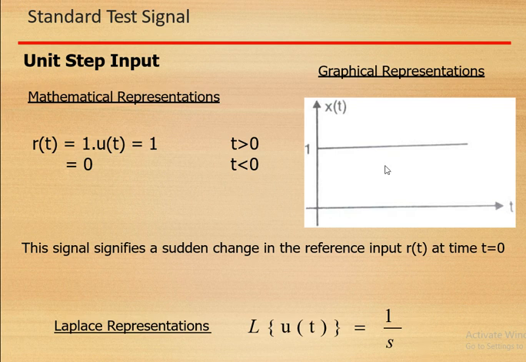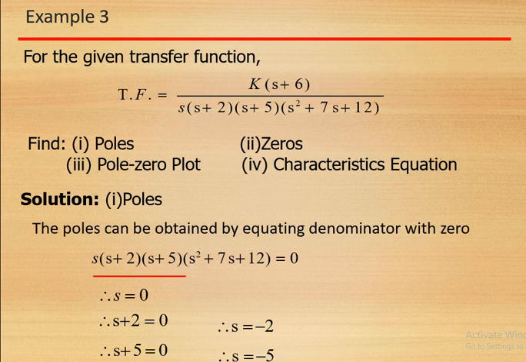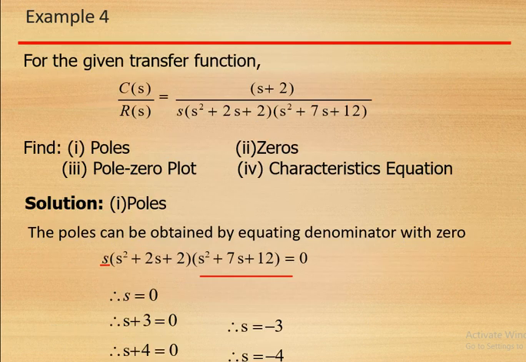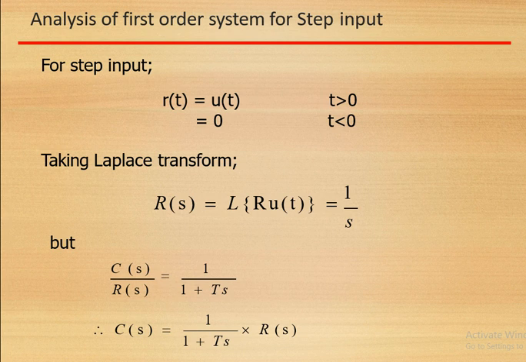Okay, so this unit step signal you have to apply as the input, and for this unit step input, we have to see the behavior of that particular system. Let us see that. So we have seen up to this now: this is a step input and the Laplace transform is 1 upon s.